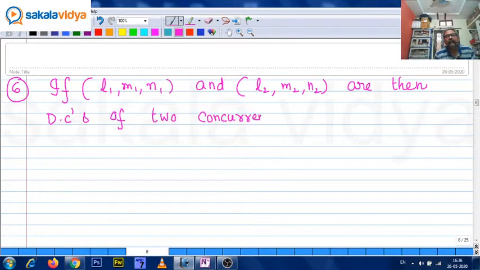Concurrent means they meet at one point. Two concurrent lines, they meet at one point. Then DRs of the lines